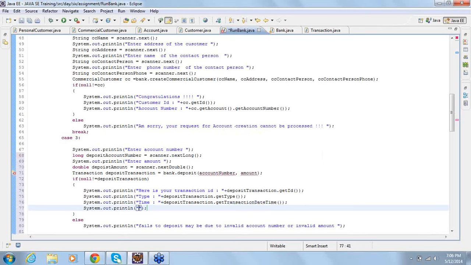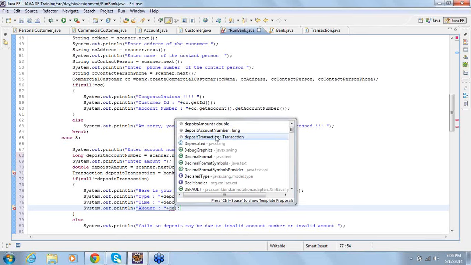So on the receipt, the transaction receipt, you get all this information.